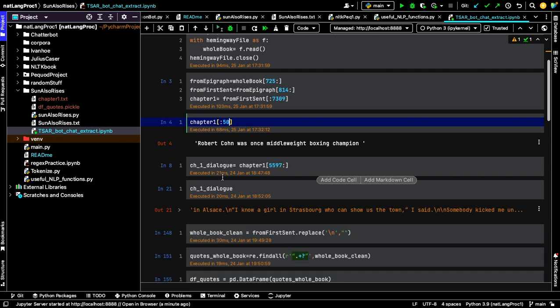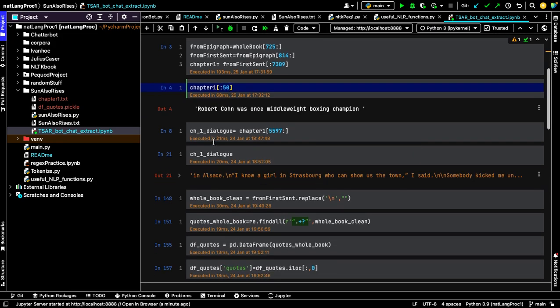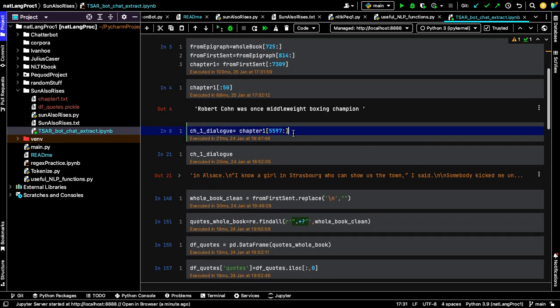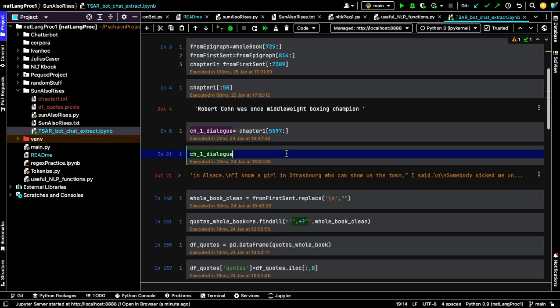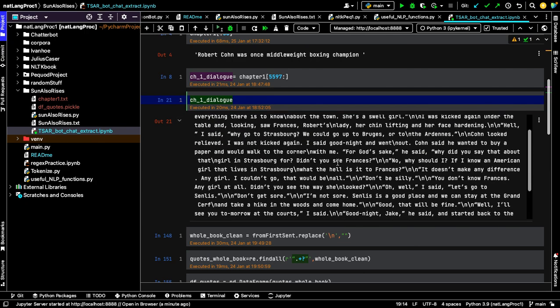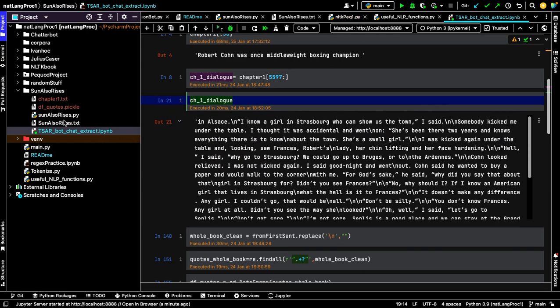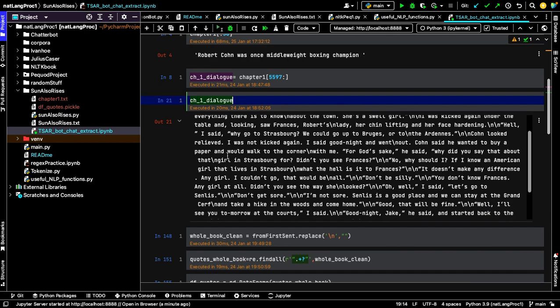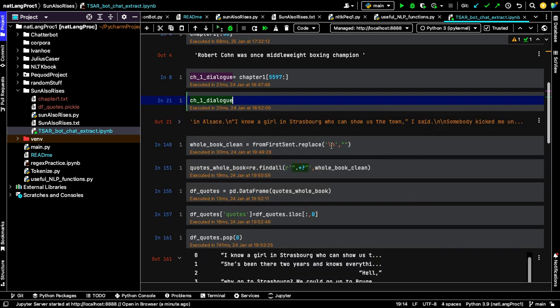Here I was able to identify where the dialogue starts, but it turns out I didn't really need any of this stuff. This was formatted for HTML, so it has all these new lines, but it's a simple replace function. You replace the backslash new line with nothing, empty.